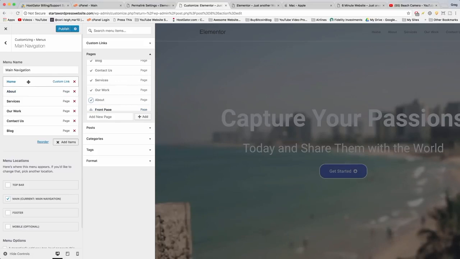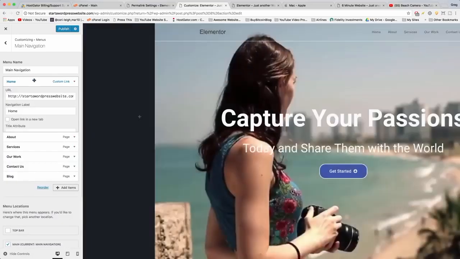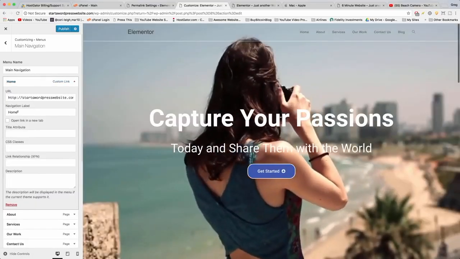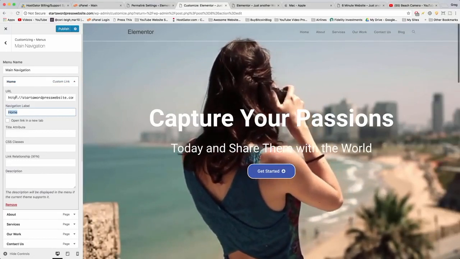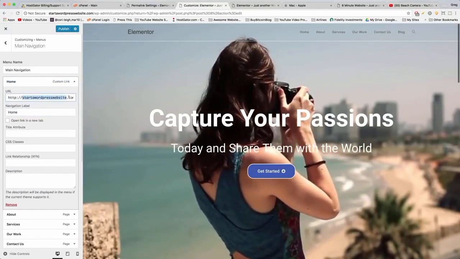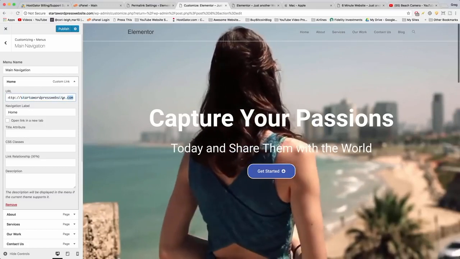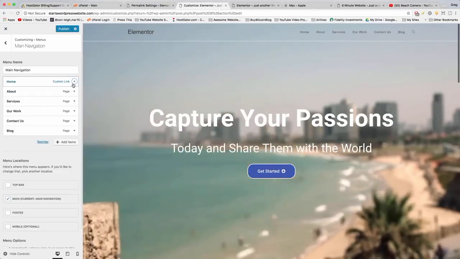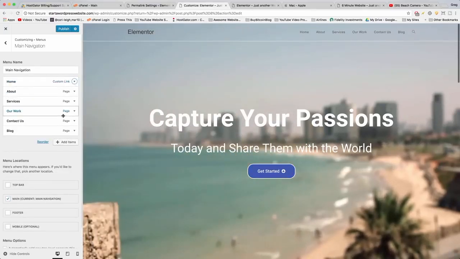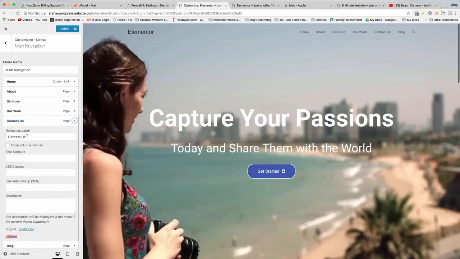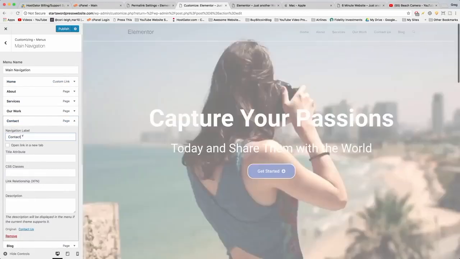fine. To change what they say, the text on them, you can just click to open it up, and you can change the navigation label right here. You can also change the URL to where this goes if you want it to go to like Google or Facebook or something like that, although we're going to add social media icons later. But if you want to just change this from contact us to contact, get rid of the us, you could do